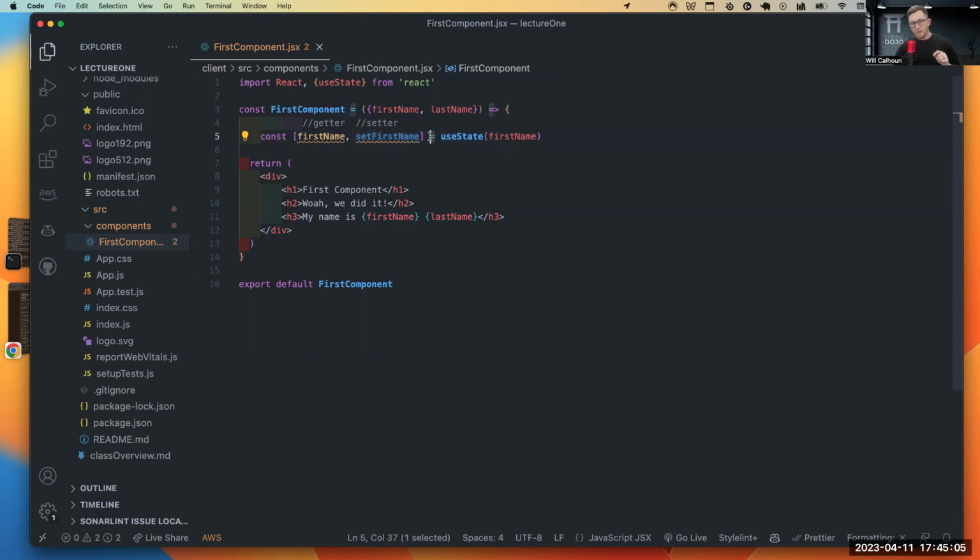Then what we're saying is it is equaling, and we're saying we want to use this useState method. And then here's what we're passing in as the beginning. So if I were to even say something like this, we're going to pass it in as an empty string,